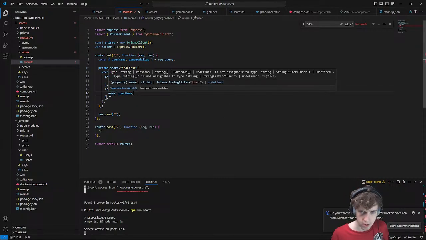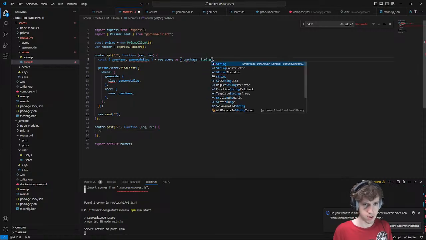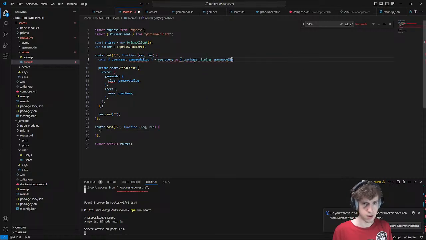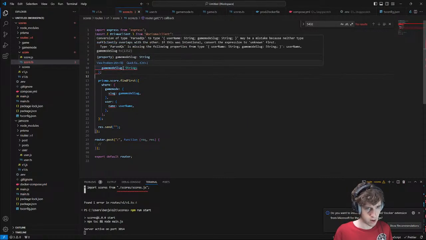This also throws an error. Right, because it could be an array of strings. Instead of that though, I'm going to do username string, game mode slug string. Does that not work?